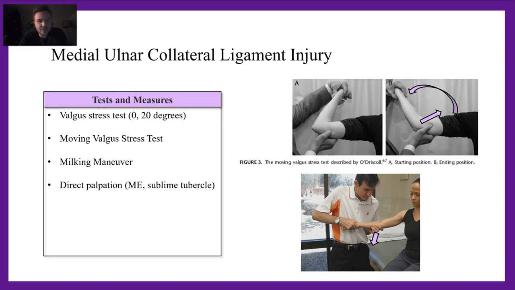The moving valgus stress test, this was coined by O'Driscoll out of the Mayo Institute up here in Rochester, Minnesota. And basically you're trying to mimic the layback and valgus torque of a throwing motion, the milking maneuver, and then direct palpation of the medial epicondyle or sublime tubercle. And the sublime tubercle is the distal attachment site of the UCL,